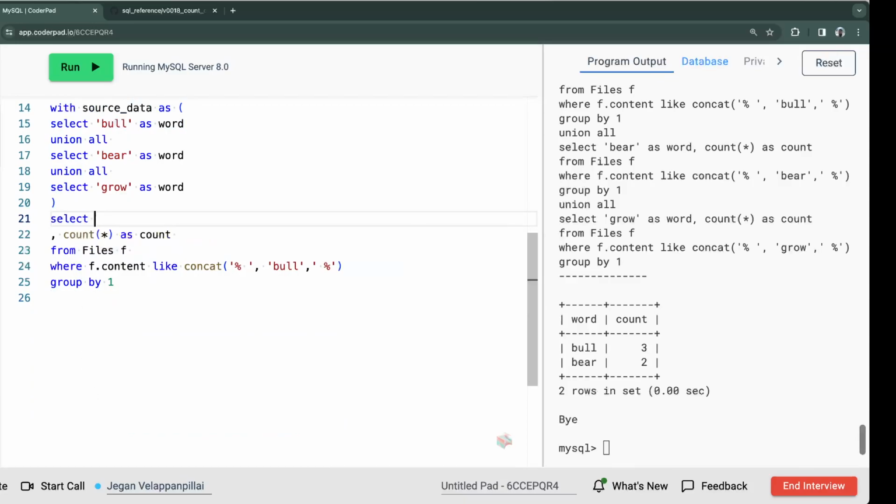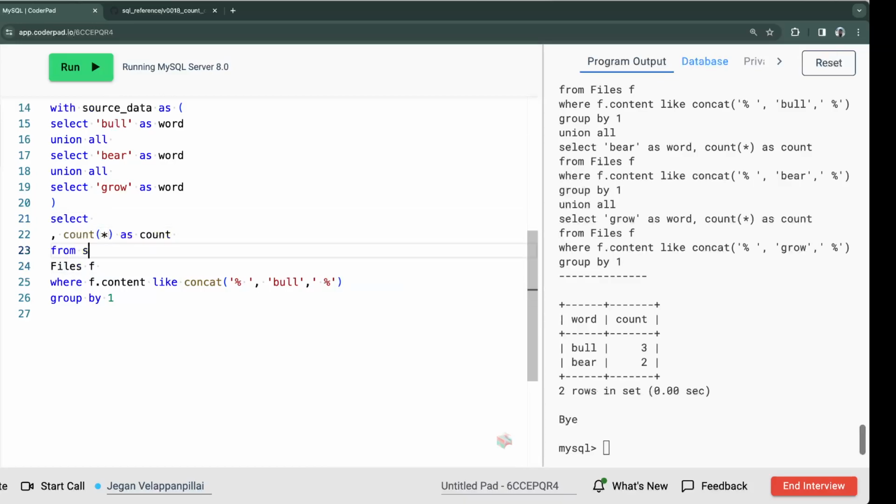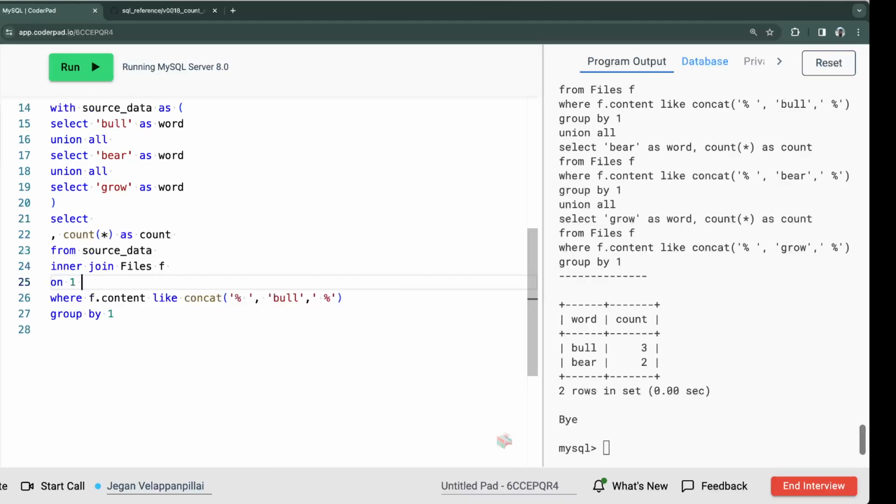We just say select from the source data, inner join the files. There is no proper column to connect, so we say one by one,